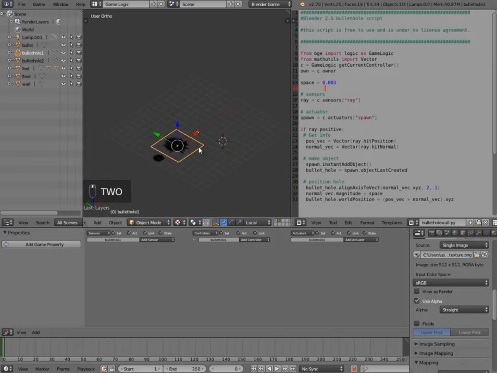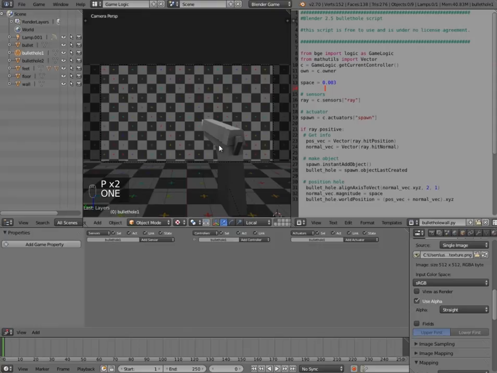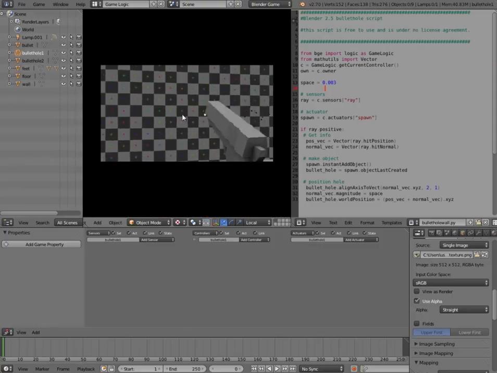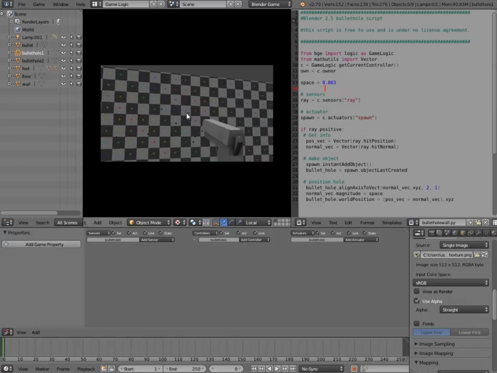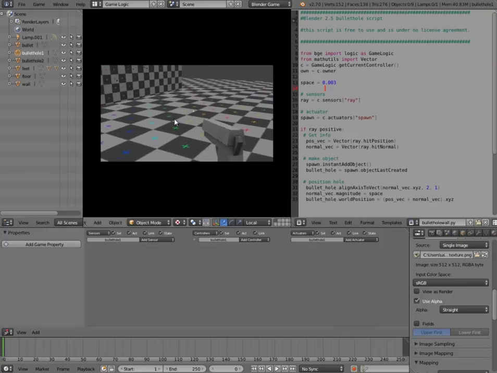Again, maybe still a little bit too small, so I'll press S to make it bigger, and then go back to layer 1, press P, and there we go. I think something like that is good. Okay, cool, so we have bullet holes working for the wall right now, but if we shoot the floor nothing happens,